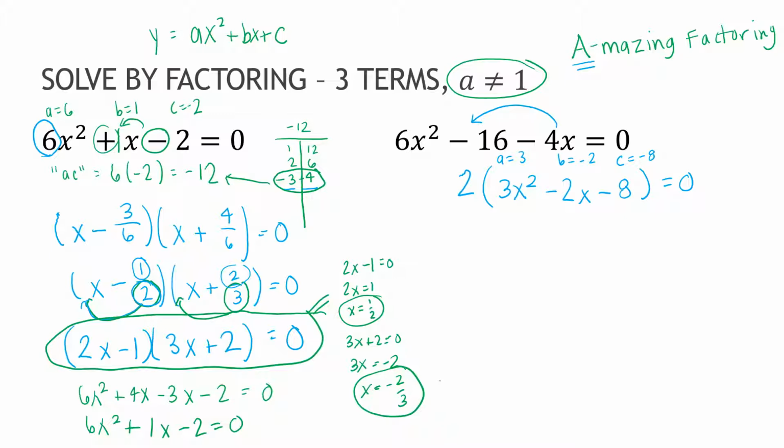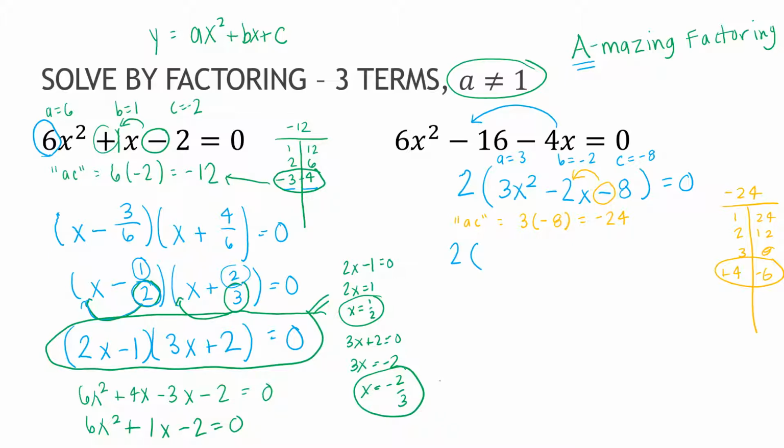So what I'm looking for, again, is I'm going to take a times c, which means I'm going to take 3 times -8, which is -24. And I'm looking for numbers that multiply to -24, and I want them to have a difference of 2. So 1 and 24, 2 and 12, 3 and 8, 4 and 6, and I found my winner. I want it to be -2, so +4, -6, which means my factorization is, keep the 2 on the outside,